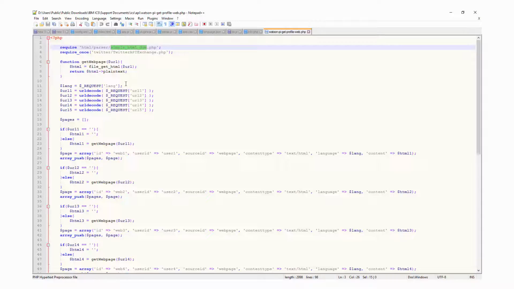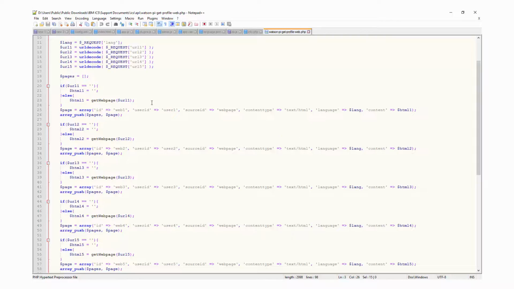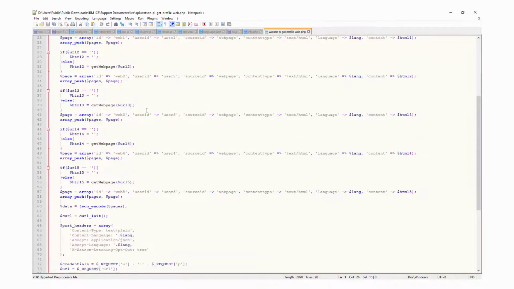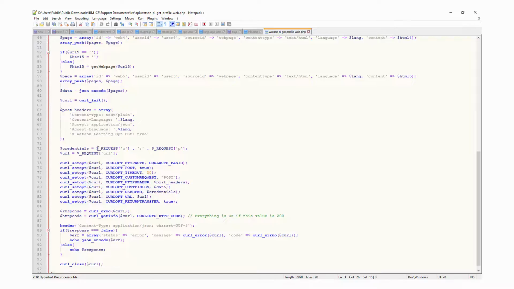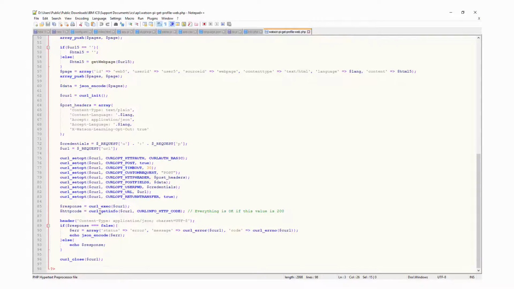So this basically opens that URL, extracts the information in plain HTML, and then the result of those crawlings are then submitted to the IBM Watson Personality Insights URL. And that is when you get the result and